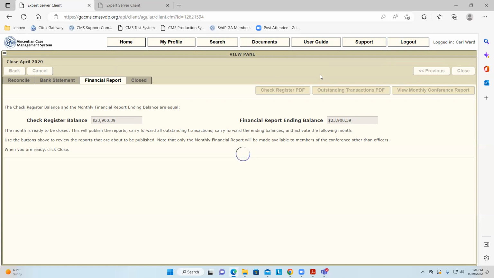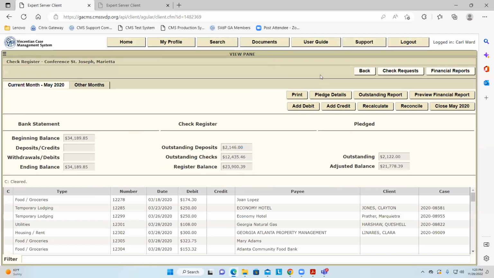I think the chain is, Jerry, it goes from the conference treasurer to the president, to the district treasurer, to the council office. That's the approval process, right?